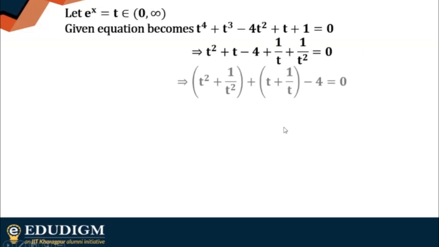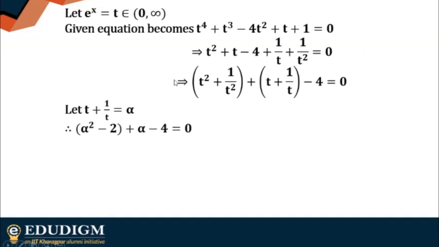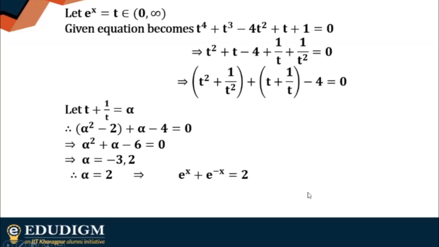Now some quick adjustments. So this is what we have taken here. So this will be alpha square minus 2, because this t square plus 1 by t square is nothing but t plus 1 by t whole square minus 2 into t into 1 by t. So that's how you get alpha square minus 2. Just simple. Minus 3 and minus 2, obviously it is 3 to the e to the power x. So we are definitely not taking minus 3. So this is what we are taking, and this will actually give you a clue that x equals to 0